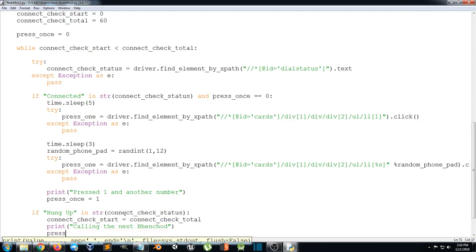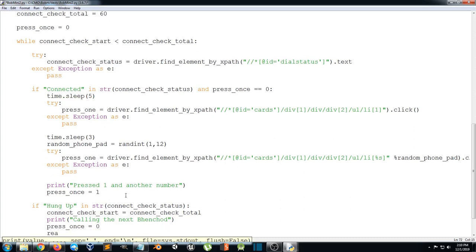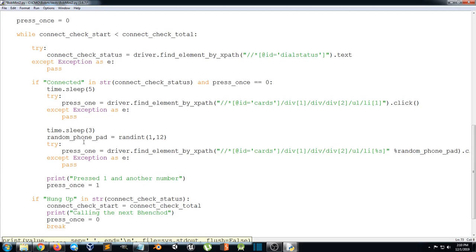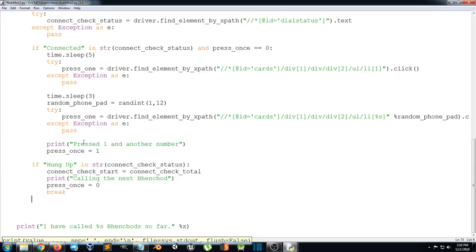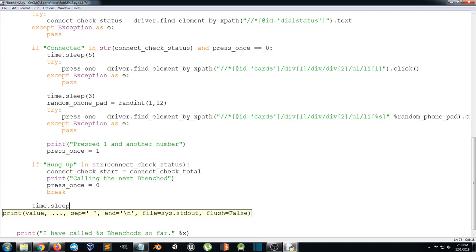And then we're gonna assign press 1 back to 0, and we break out of that loop. Oops. Cool. So you've hung up. We're gonna break out of it, and here we should introduce a time.sleep 1 because